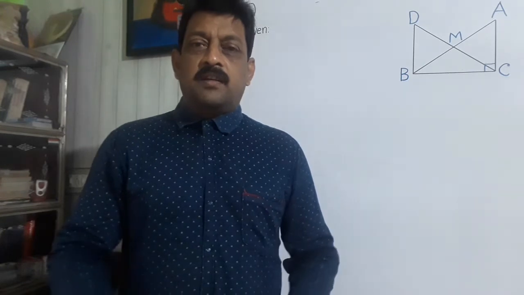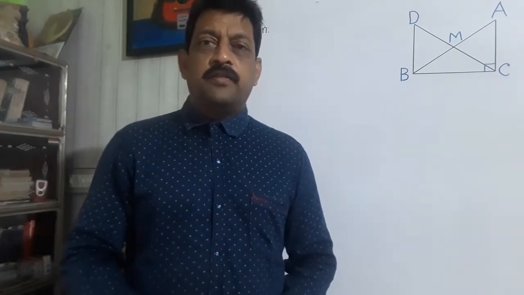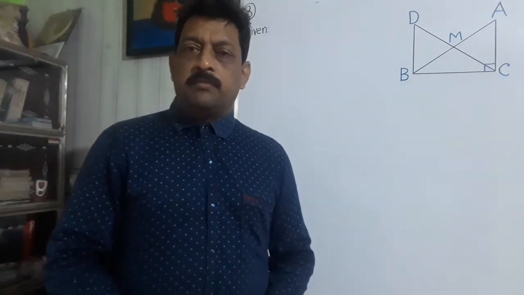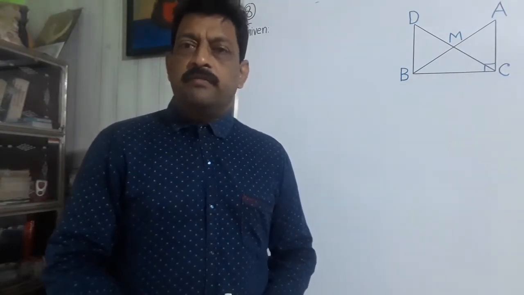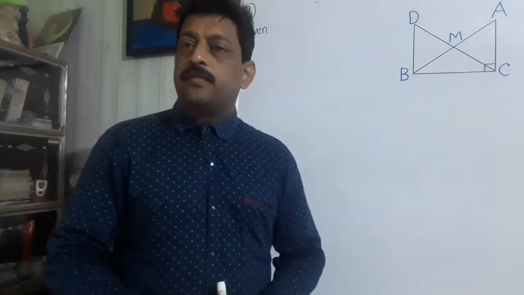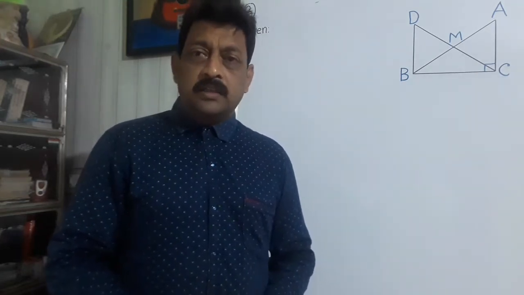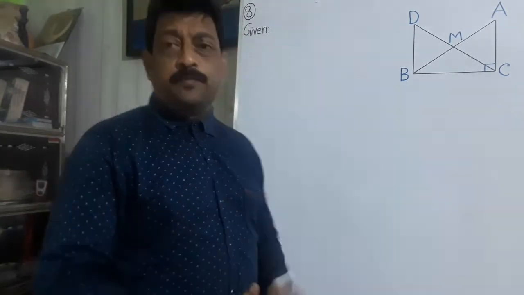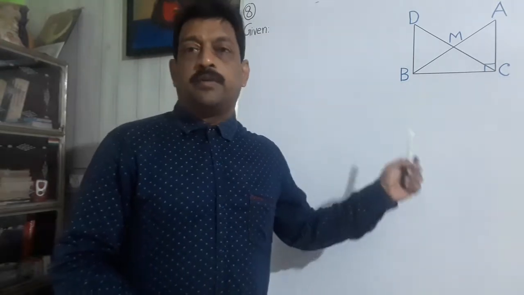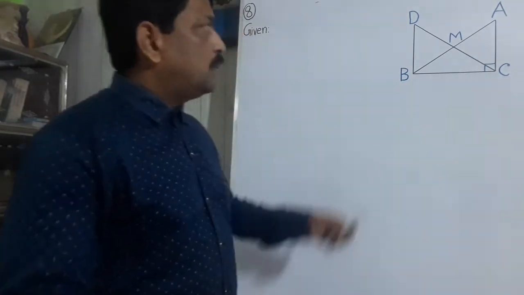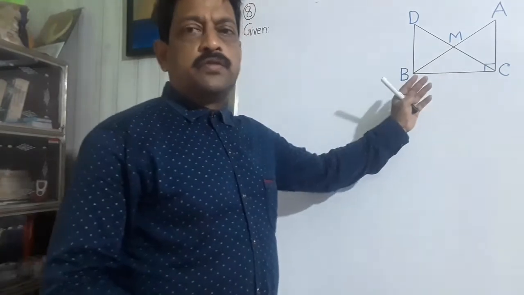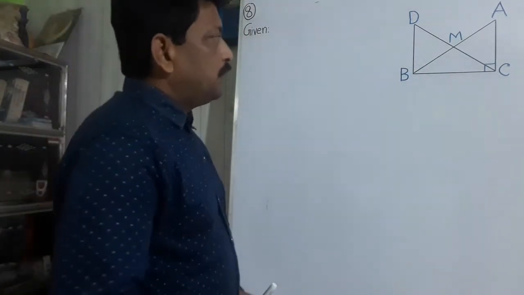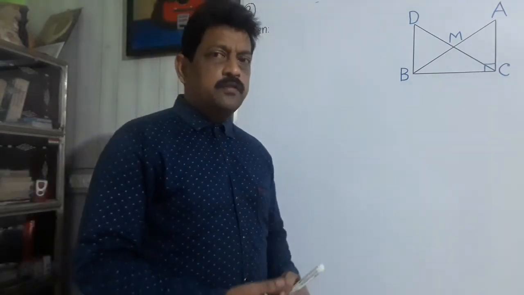This is the continuation class of triangles from class 9 mathematics. In the previous class, we have solved a few problems from exercise 7.1 of NCERT class 9. So this is the last problem of this exercise, and it is a very important one. Okay. So let me tell you what is the question. First let me tell that, then we will go for the solution. This is also related to the congruence of triangles.